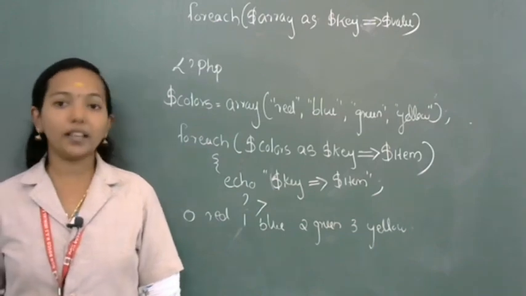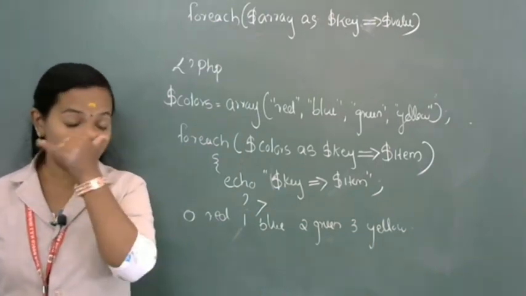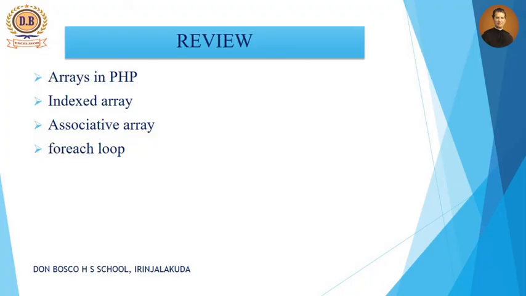Okay, so we can conclude this video. So what did we learn in this video? Arrays in PHP. There are two types of arrays in PHP, indexed array and associative array. Indexed array is an array with numeric indexes. An array with named indexes is known as an associative array. Okay, clear? Then for the examples, you want to write them and study.